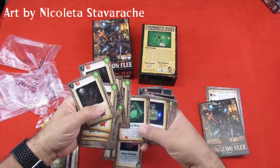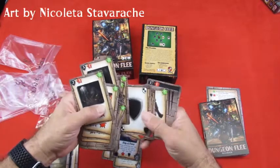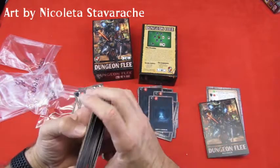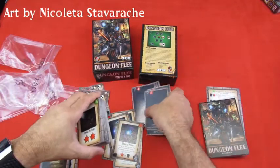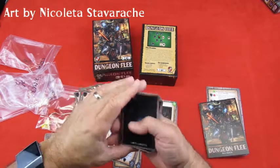Door. So we have treasure. The nice thing about the treasure cards is if you feel the game is too easy, just start removing treasure cards. Same with monsters, different types of encounters. This thing is so scalable. You can do so much to change things around. So you have your empty quarter cards,